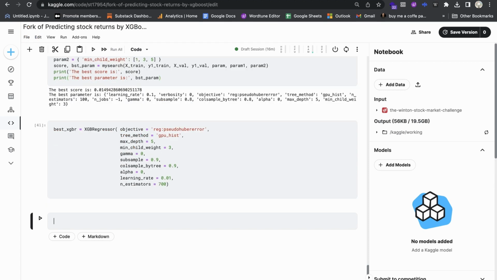Here are the final parameters after all tunings. The code in question instantiates the XGBoost class from the XGBoost library, setting specific parameters to construct an XGBoost regression model. Let's delve into each parameter to better comprehend their roles. An instance of the XGBoost class is assigned to the variable best_XGBR, symbolizing the XGBoost regressor model configured with the defined parameters. The pseudo-Huber error is assigned to the objective parameter, implying that the pseudo-Huber loss function will guide